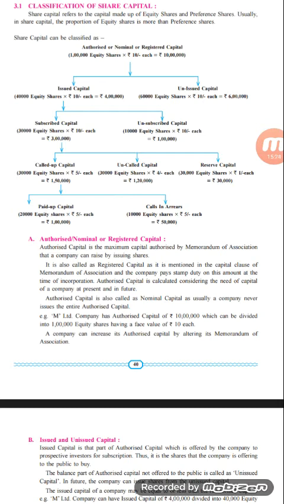In called up capital, again there may be two situations. The first one is paid up capital, that is, the company has managed to get rupees 5 each on only 20,000 equity shares, which comes to rupees 1 lakh, whereas 10,000 equity shares have been sold in the market, but the customer may not be in a position to pay rupees 5 each, that is known as a call in arrears. And if after sending a certain reminder to the investor, the investor doesn't make the payment of the called up capital, then their shares will be forfeited in nature. We will learn the concept of forfeiture when we proceed with the further concepts.